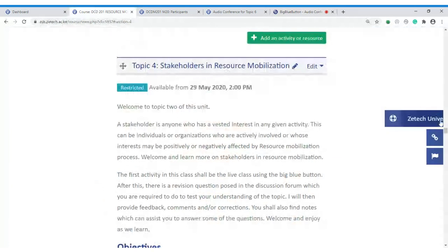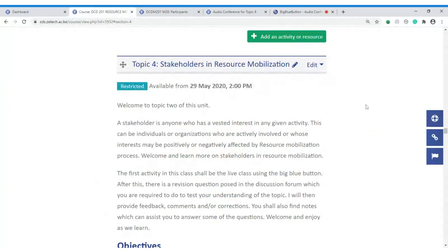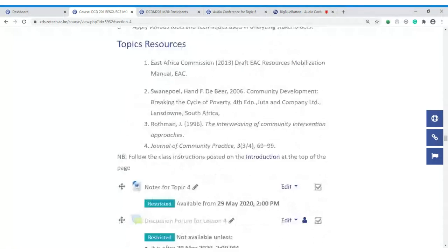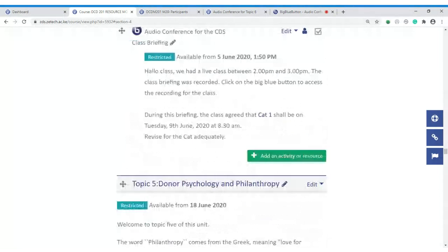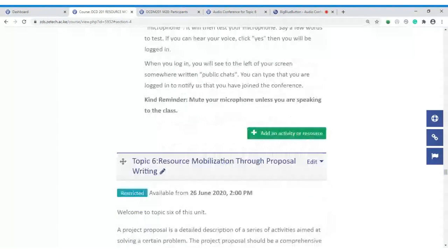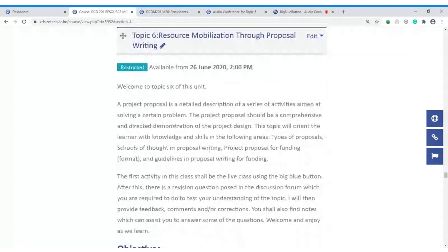You will see that under topic 4, the name is topic 5, not 4. Now, for those of you in topic 6, it is topic 6. Those of you in what is community development class,